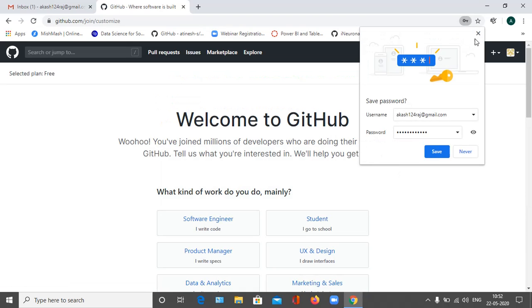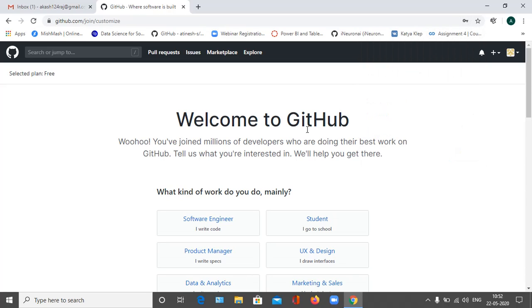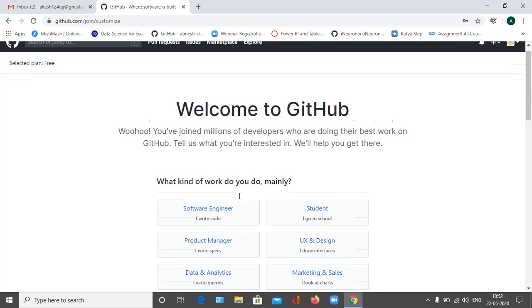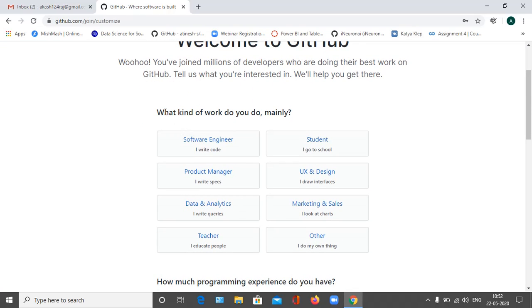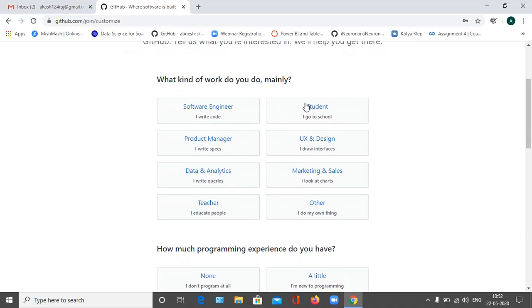After that, this page will come in front of you, and we have to answer some questions. The first question is, what kind of work do you do mainly? I'm not a student. If you are a student, you select student or software engineer according to your profile, but I am going to choose other because I am none of these.